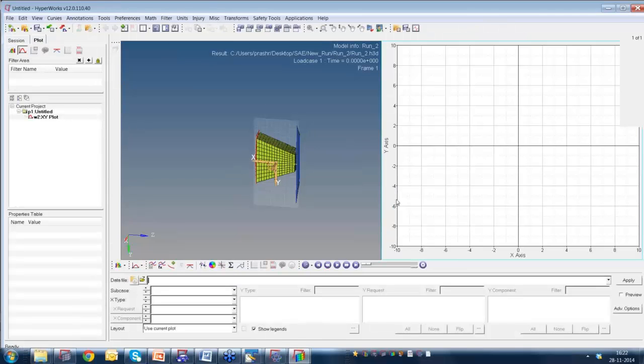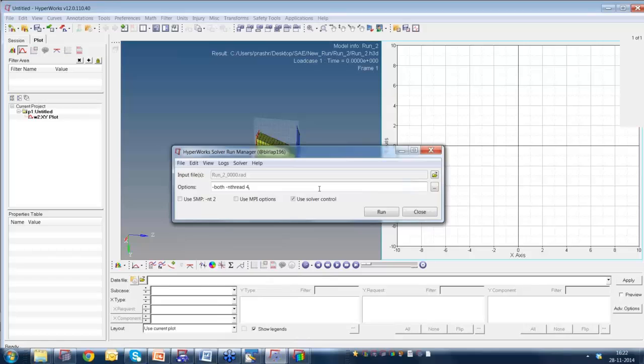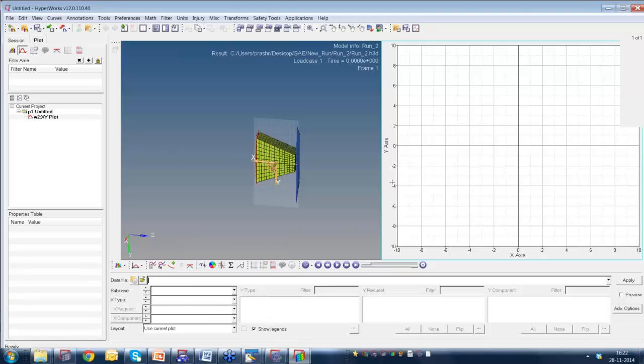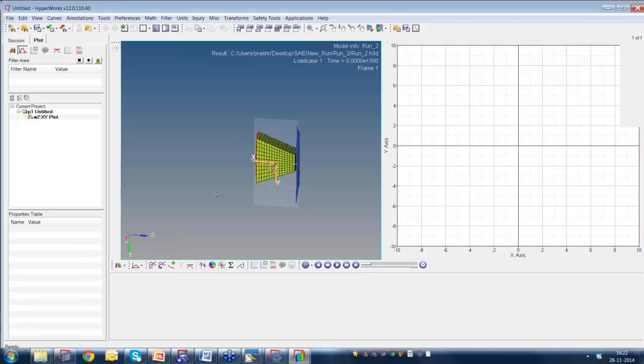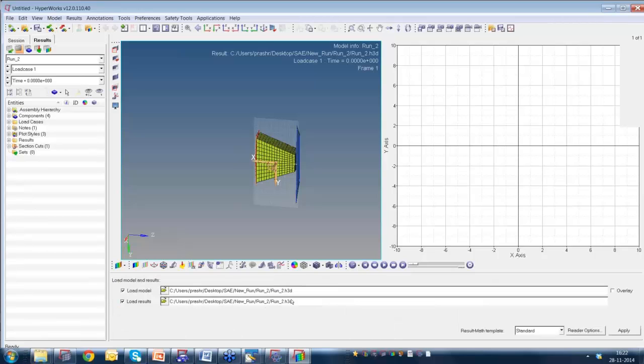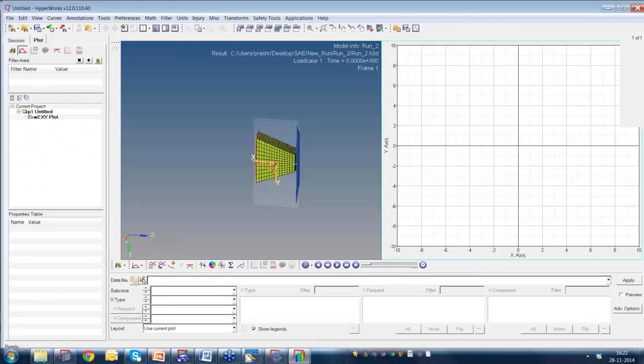In HyperMesh, I did all the pre-processing, and I fired my job using Radioss manager, so the solver is working in the background. It is solving the solution for you. It will give you the result files, which you can view using HyperView and HyperGraph. In HyperView, to pull the files, you have to pull them as .h3d. For both model and result, you have to pull them as .h3d. It will come there. And to see the plot, click on this, call